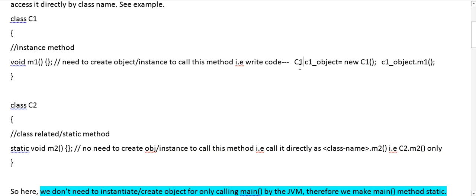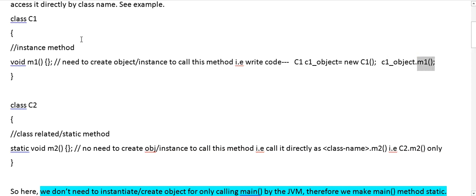For example, we have a C1 class, so we create a C1 object with the new keyword. After that we use the object name, dot operator, then m1, which is the method name.